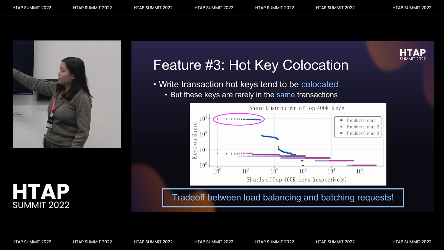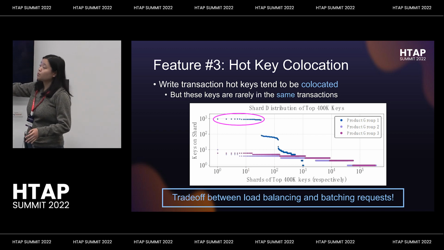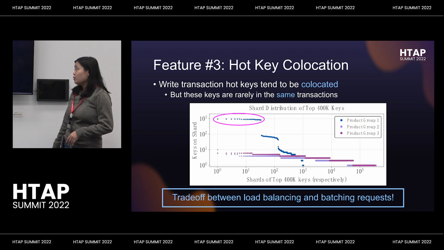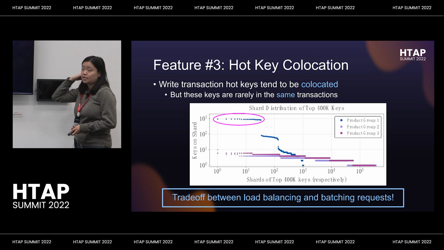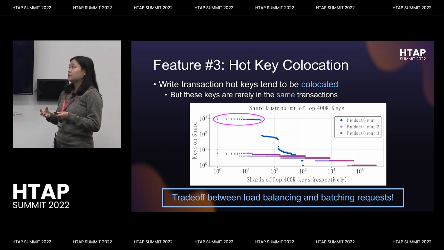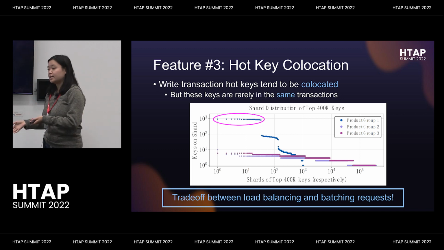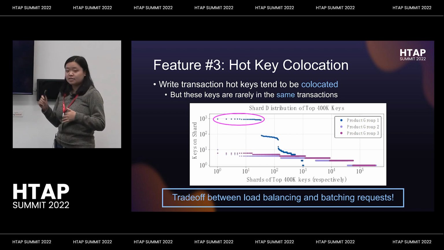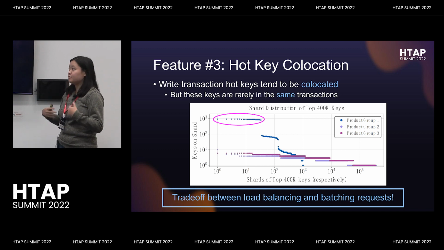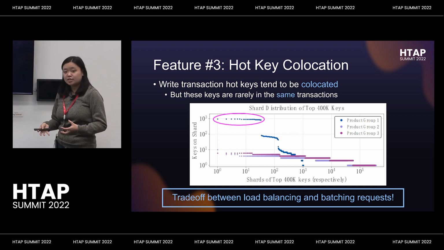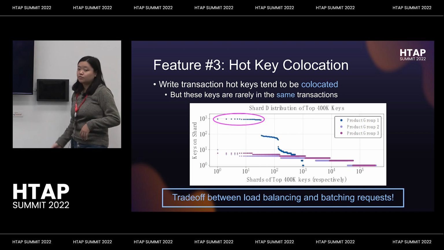So you'll see by looking at this pattern that it's not a simple distribution, and it is quite skewed towards a smaller number of shards. When we dug deeper, we actually found that most of these hotkeys aren't part of the same write transactions. Generally, some would say you want to spread out these hotkeys to different shards so that you have better load balancing. But something we found is that application developers were explicitly co-locating these keys on the same shards, because if you do need to do batched reads to the database, you actually get better performance. So we found that there's a trade-off between load balancing and batching of requests.